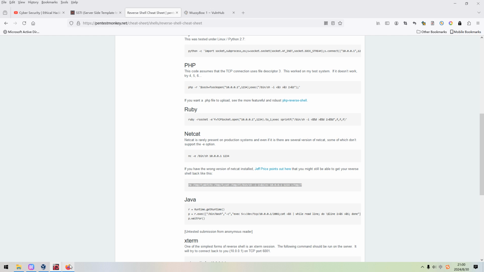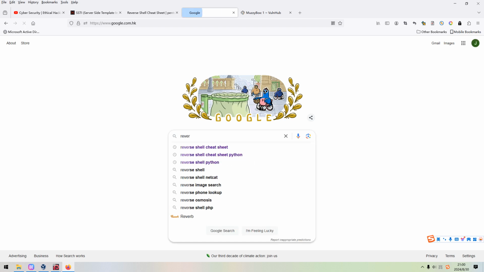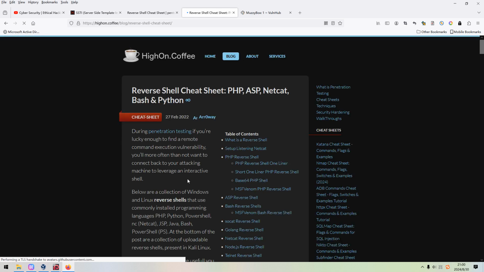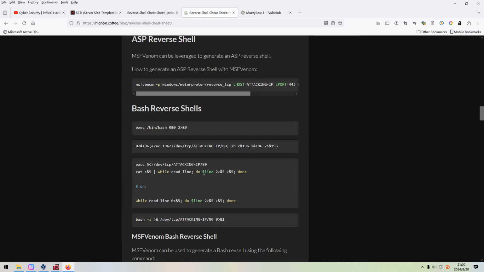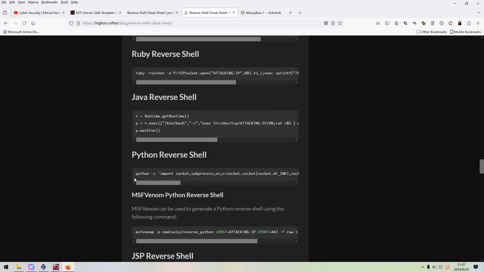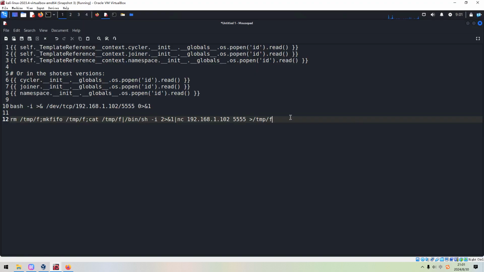So next, maybe we can try the Python reverse command. We can scroll down to copy the Python reverse command and put it over here.